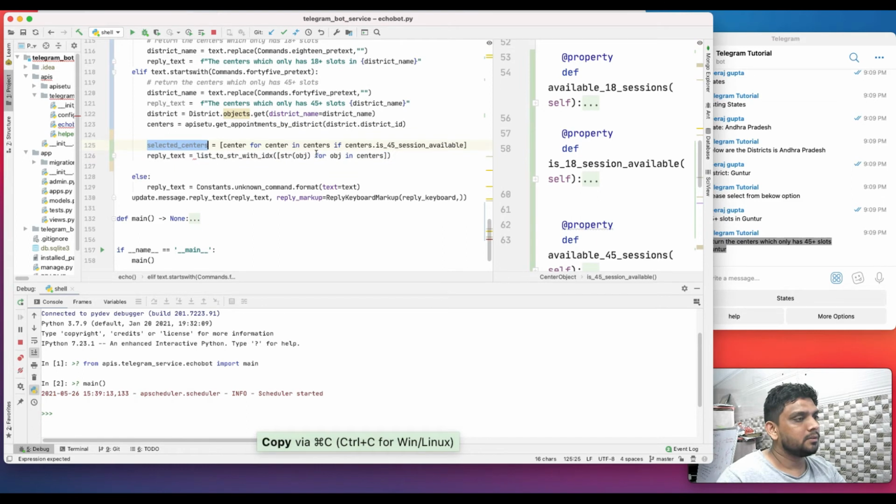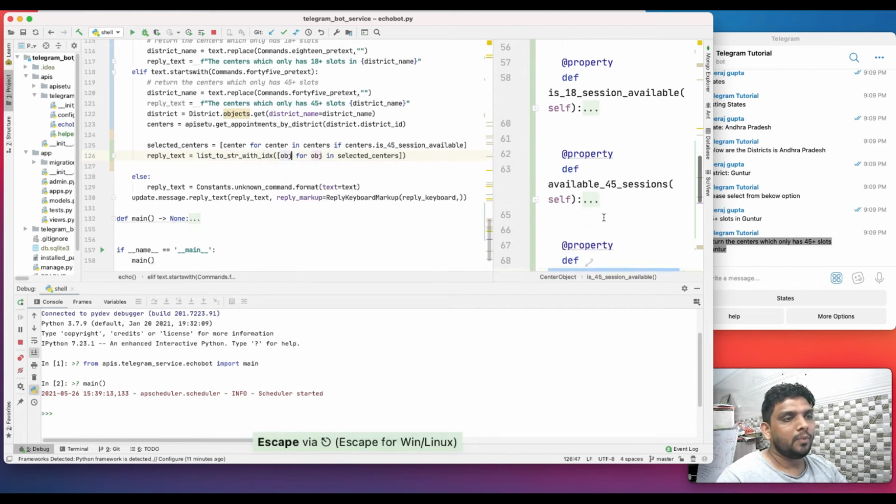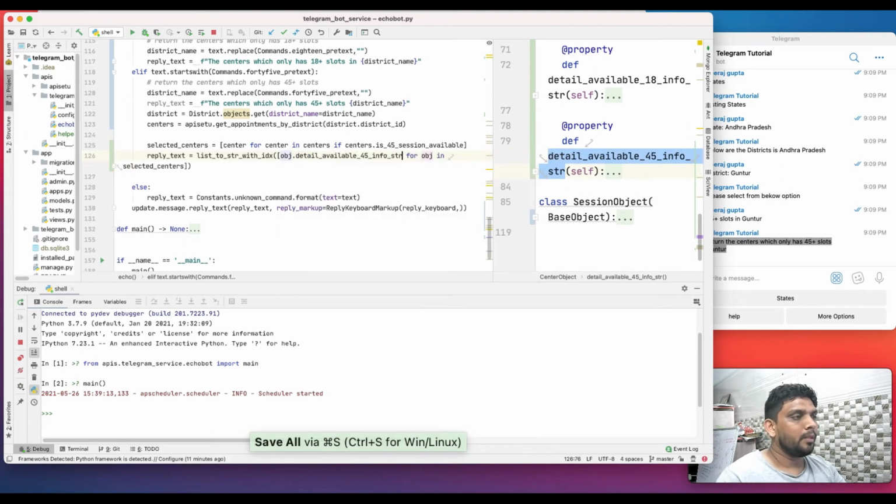So here I know I am only applying for selected centers, and I know I have created another very good function which is detail session info string, and since this is a property, I don't need to apply this stuff. So essentially this is going to be my reply text.